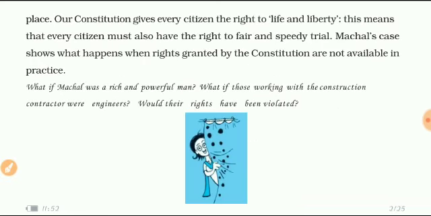Our constitution gives every citizen the right to life and liberty. This means that every citizen must also have the right to fair and speedy trial. हमारे यहाँ कोर्ट में सबसे बड़ी प्रॉब्लम तो यही है कि हमारे यहाँ काफ़ी ज़्यादा केसेस जो हैं वो पेंडिंग पड़े होते हैं. पीसीएस जुडिशियल का जो एग्ज़ाम होता है वो इतना ज़्यादा टफ होता है, स्कोप काफ़ी कम है, जजेस की कमी है, केसेस पेंडिंग पड़े रहते हैं, वर्डिक्ट जल्दी आता नहीं है, तो लोग सालों साल या तो